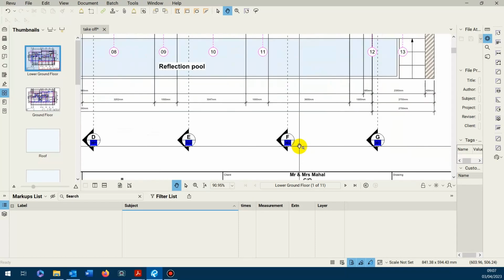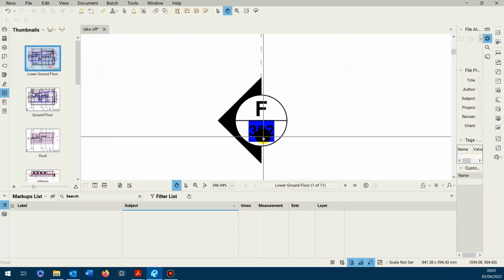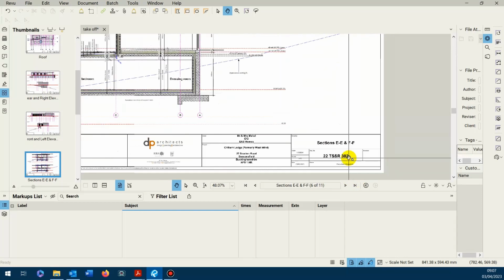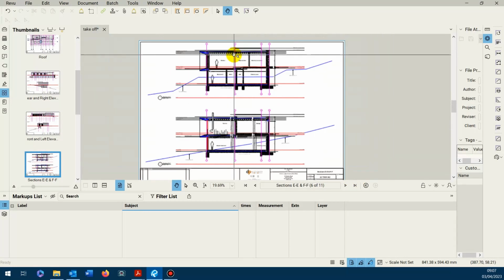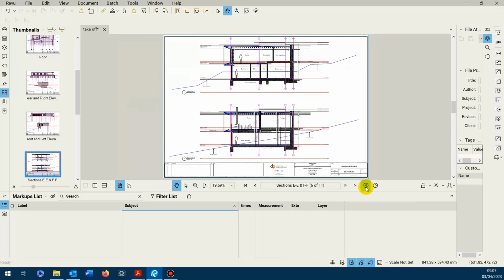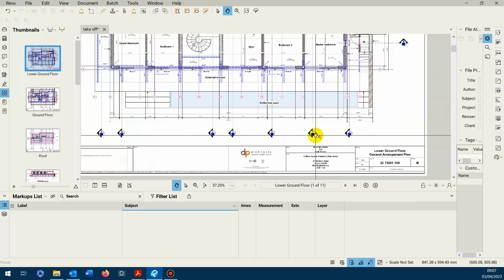I've just gone for blue just so it's a little bit more obvious, but if you notice, if I want to jump to that particular 302, I click on it, it will take me to 302, which is really handy. And just remember, when you're using these navigation buttons, this particular one here will take you back to the previous view. So if I was on a plan and then I jump to this section, it takes me straight back to where I